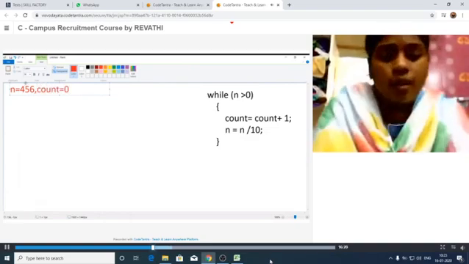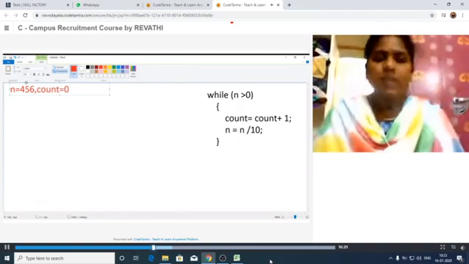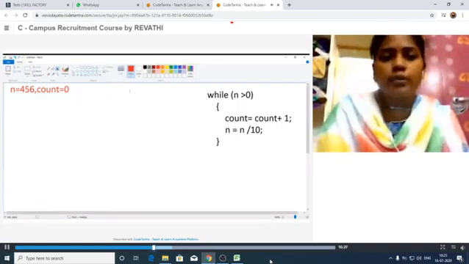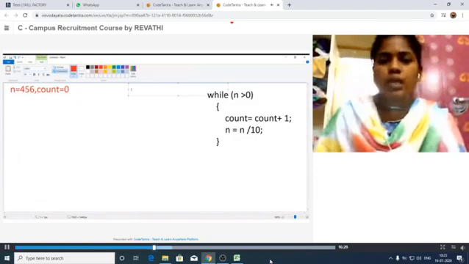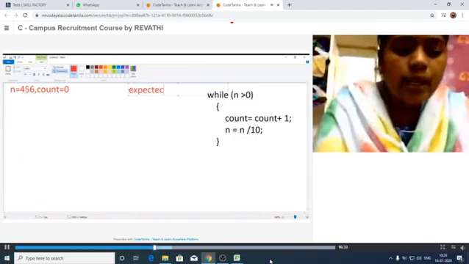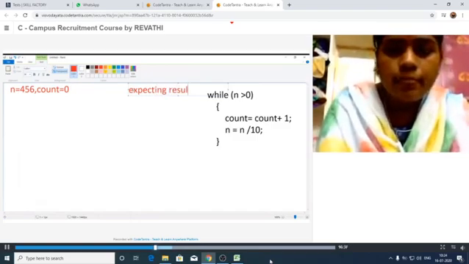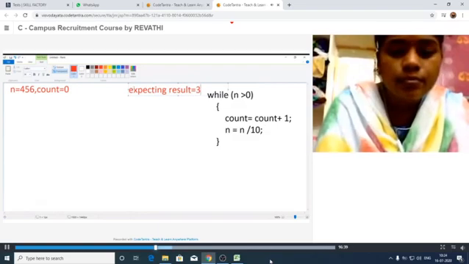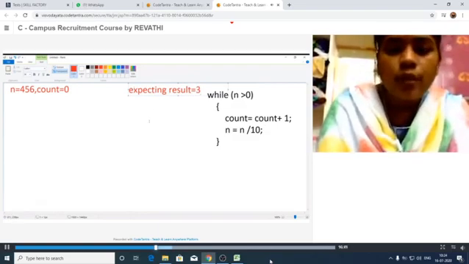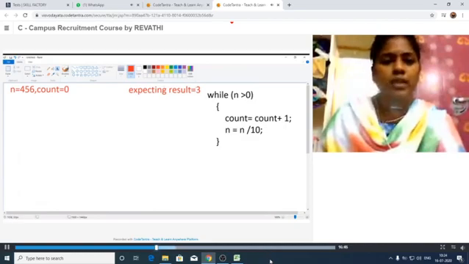Initially count is assigned 0. The expected result is 3. That means the number of digits present in this number is 3: 1, 2, 3. It has to print the result as 3.